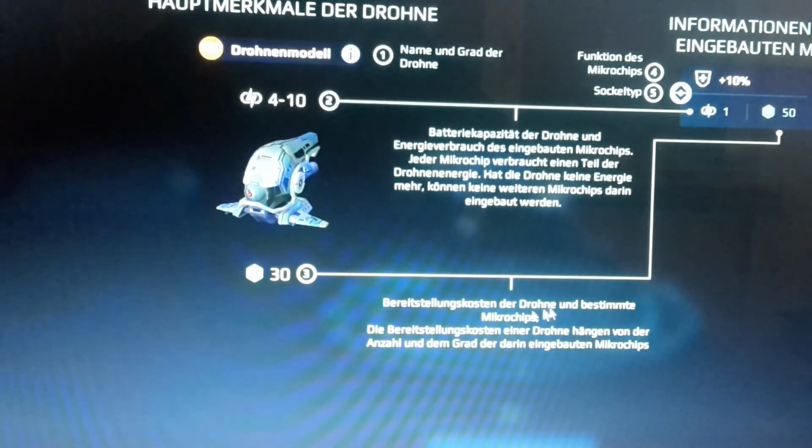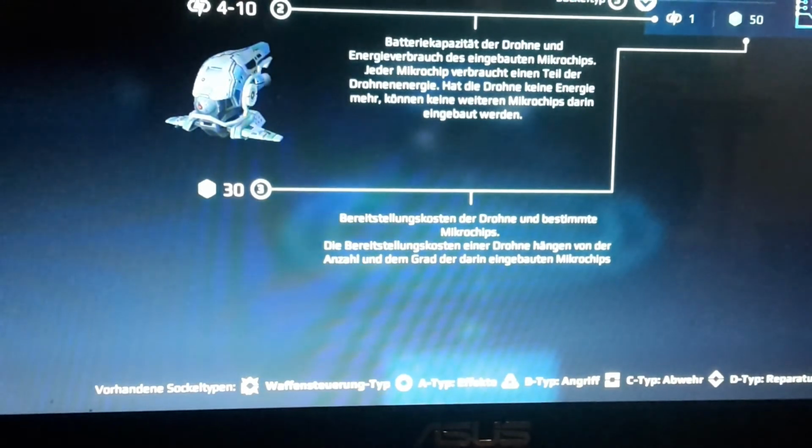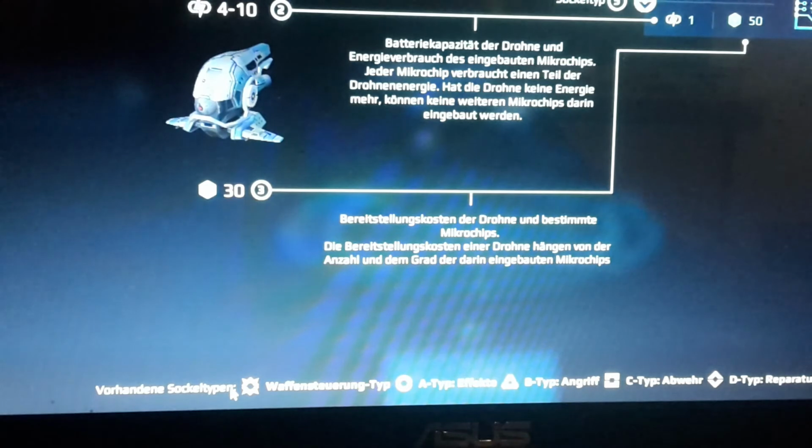Now, specific microchips of the drone and microchips as well. Now the drone is, yeah, that just tells you how many microchips the drone will have when you are finished with building it in. Now you can see that down there. That sign here means the amount of socket types. This guy down here means the weapon control, the control of the weapon type. Type A, effect. Type B for the...